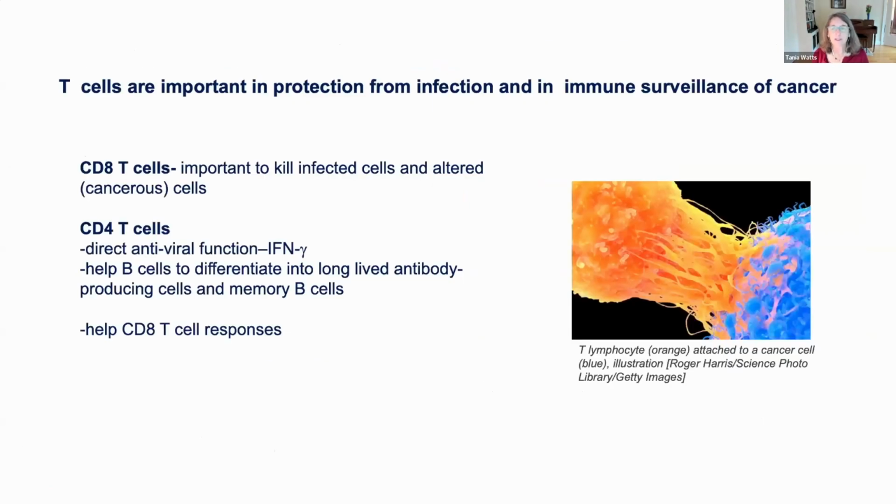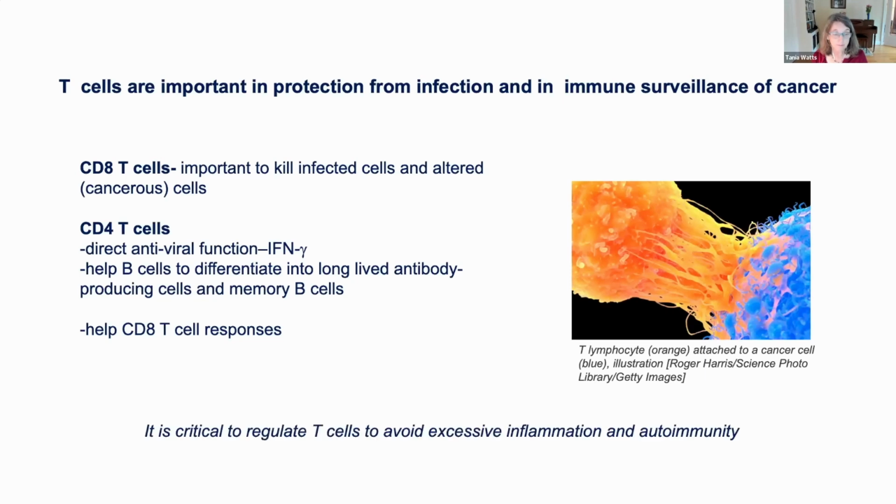So just to start at the beginning, for those who might not be immunology experts, T cells are important in protecting us from infection and also in immune surveillance of cancer. And CD8 T cells are important in killing both infected cells and altered cells. And CD4 cells have multiple roles. They can have direct anti-pathogen function through cytokines. They're very important and help for long-lived antibody responses and memory B cells, and they also help the CD8 T